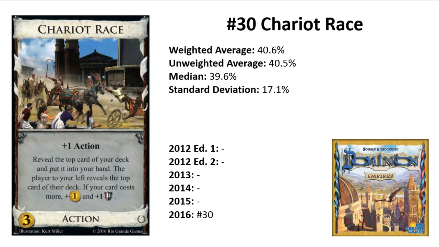So Chariot Race is a cantrip that sometimes is a Peddler and a Monument, so this seems really strong. The problem is though that it's unreliable and you can't really control it. Of course, there are some interactions, like if you play Sea Hag first, then it's really good. But for example, if you play Ghost Ship first, and your opponent is smart, Chariot Race probably is not really good. So there are some interactions you have to be careful with. But in most cases,